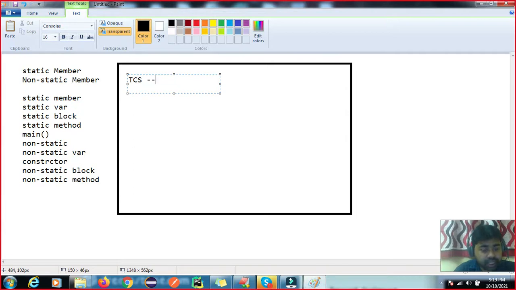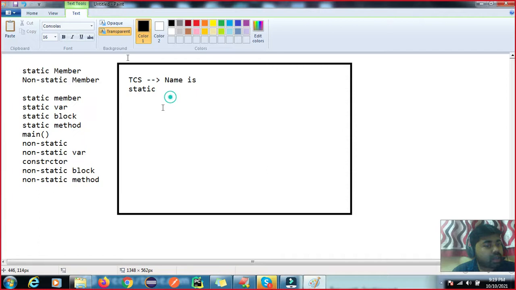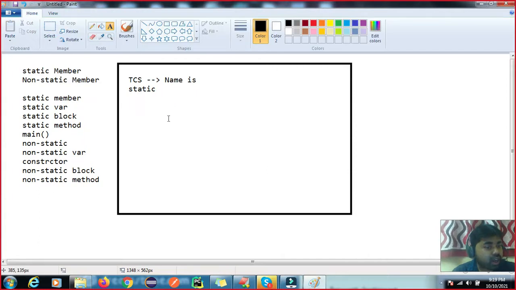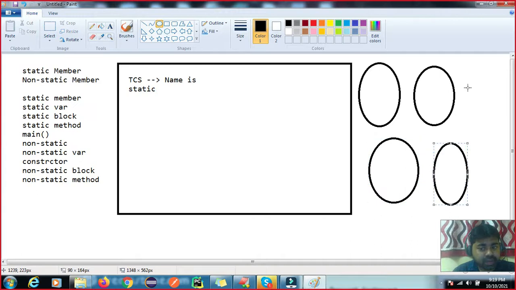The TCS name is static. This is common, but if you want to provide the employee data as static, there might be 1 lakh employees in TCS, right? And you are giving this data as static, then what will happen?